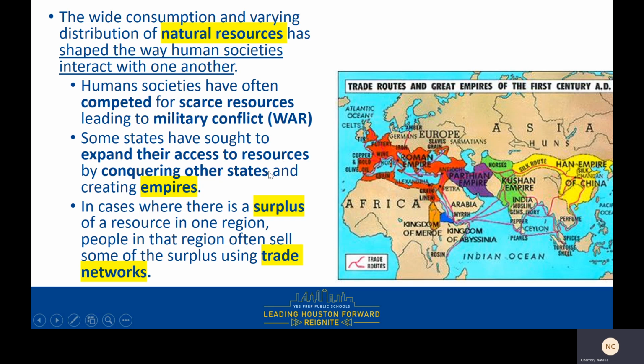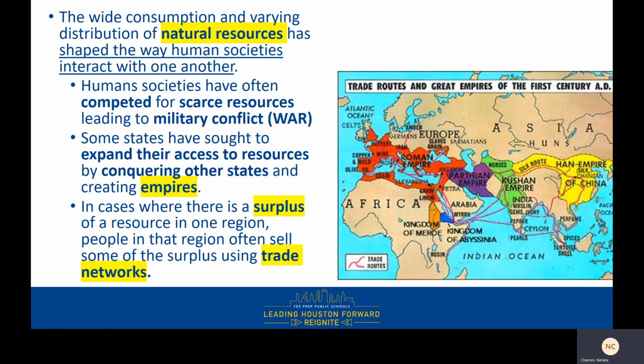So that's what happens when there are not enough natural resources. Sometimes, though, there's more than what we need. A surplus is when you have more of a given thing than you need. So when there is a surplus of a resource in a region, people tend to sell that surplus using trade